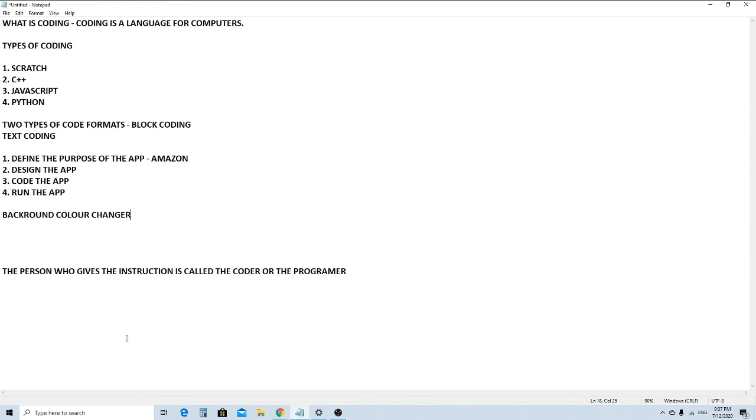So all of the steps we have covered. Well done to everybody, well done to me. One more thing I want to share is that the person who gives the instruction is called the coder or the programmer. The app is useless if you don't give code in it, if you don't design it, and like that.